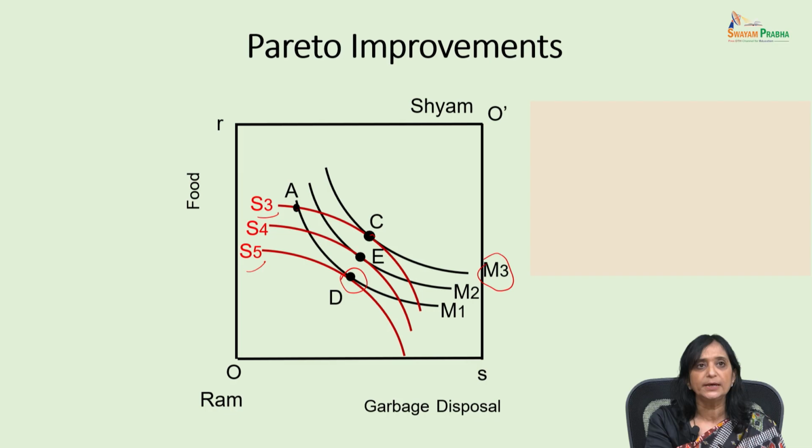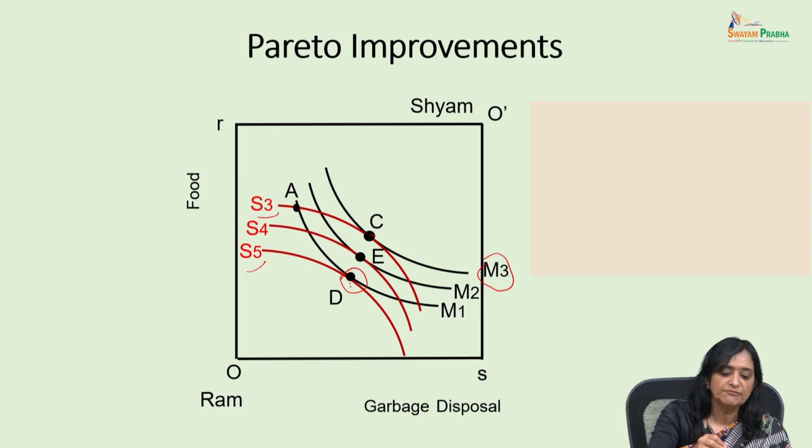So this would mean that there is more than one way in which we can move. We could move by making one, Ram, better off, or we can move from A to D by making Shyam better off. So all these points where we see tangency. But if we are on point D, and if you move from D to A,